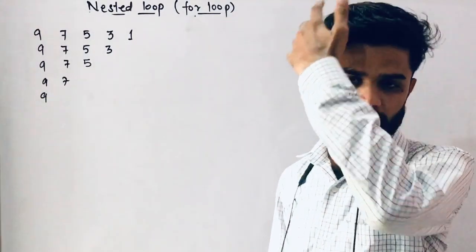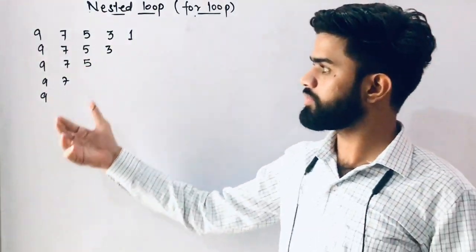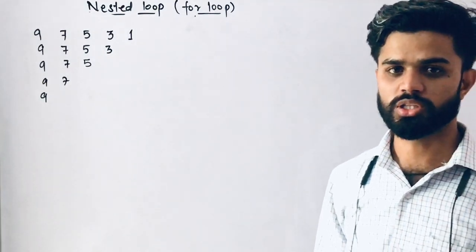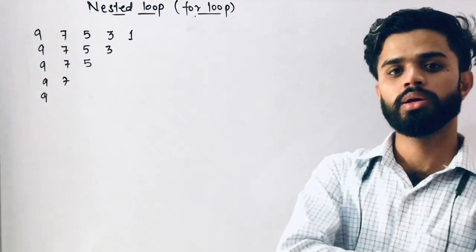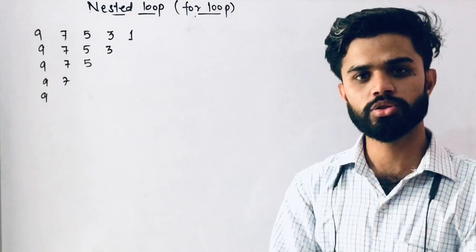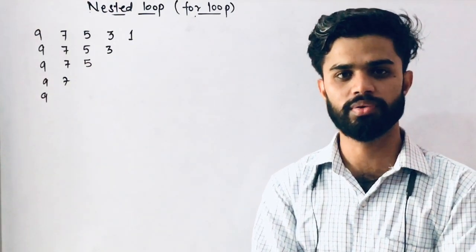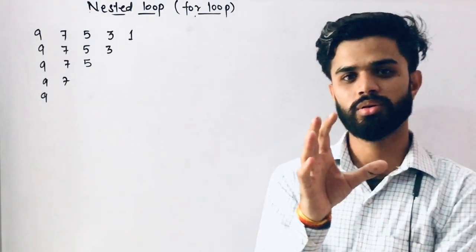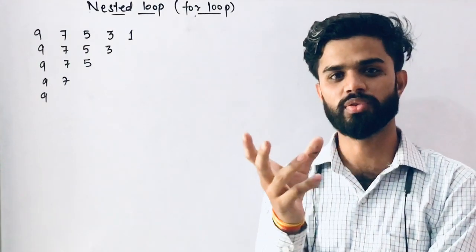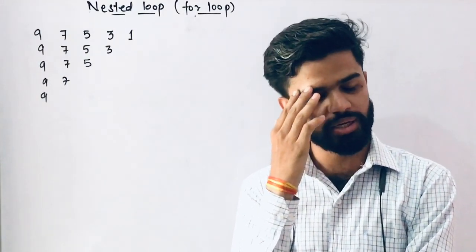Now today we are going to solve another pattern where we see this pattern. So now we are going to solve this pattern. As we know, whenever we want to print any pattern, first of all we need to find the relation between them. Clear? Now I thought you are confused about this, what type of relation. So you can understand it this way.